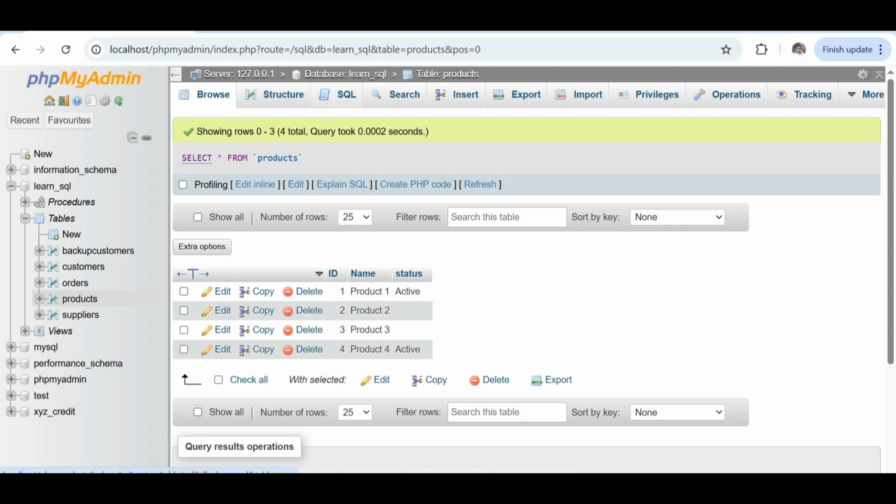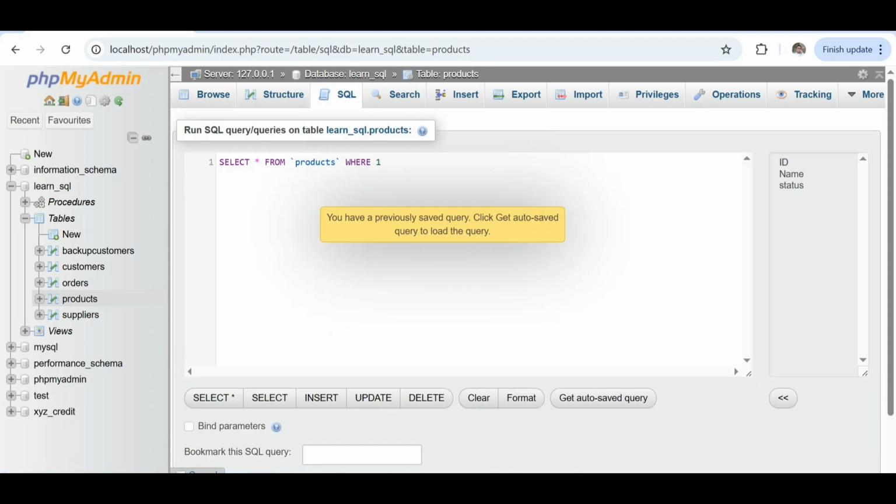Okay, the last is I will show you how to drop the constraint. I'm sorry, drop the constraint.